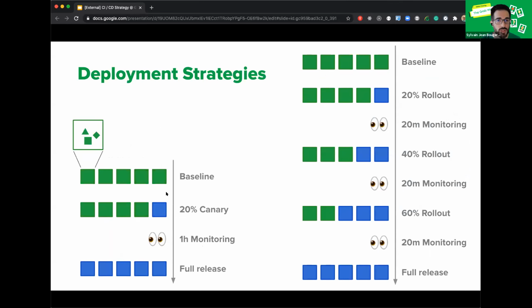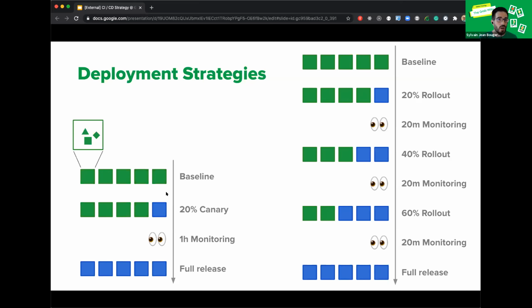If you want to test your new version, you take one of these instances and you turn it into that new version. So a certain percentage of your traffic is now going into that new version, and you can verify that it is working properly in production before applying it across your entire cluster. And that's basically the canary process.